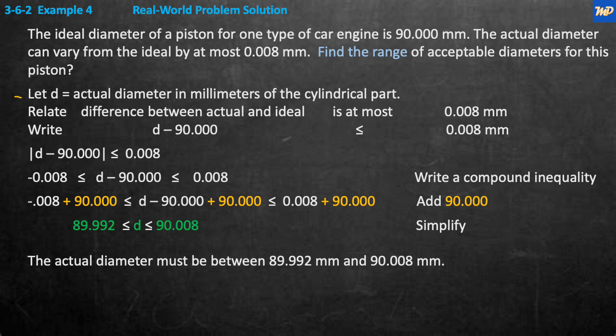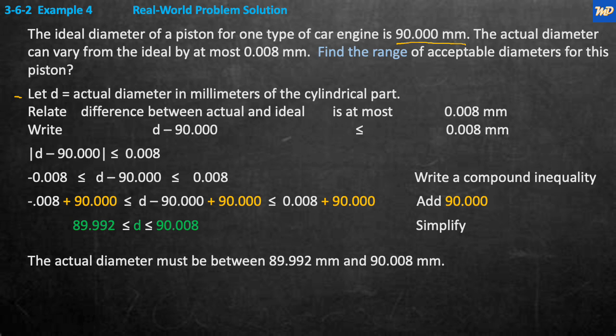The difference between the actual diameter and the ideal diameter. The ideal diameter was this, what they said is the spec. This 90 would be perfect. If they were all 90, it'd be like, wow, these are perfect. Right? So the difference is at most, cannot be any larger than, so it's less than or equal